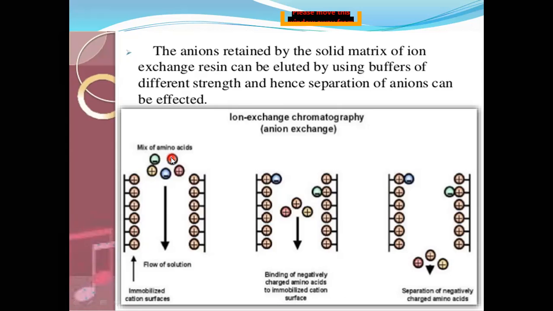So we have some neutral amino acids, or acidic amino acids, or basic amino acids. Acidic amino acid generally means it may have COOH groups. So what happens when we change the pH? If we maintain the pH less than 7, then that amino acid exists as an anion, COO minus.